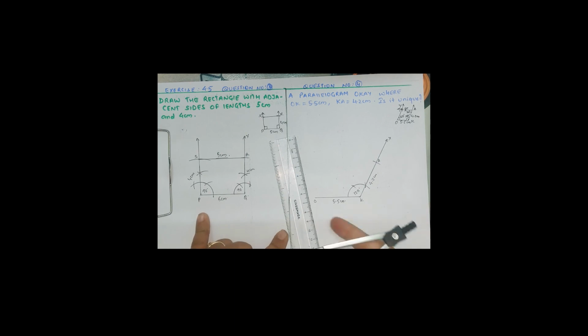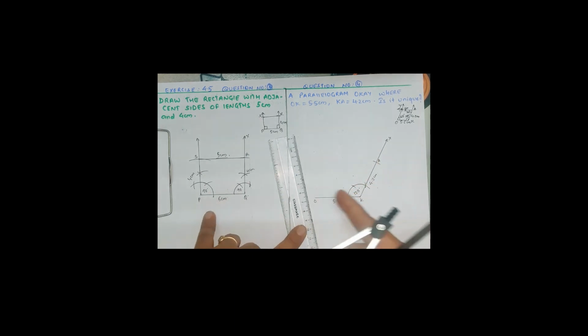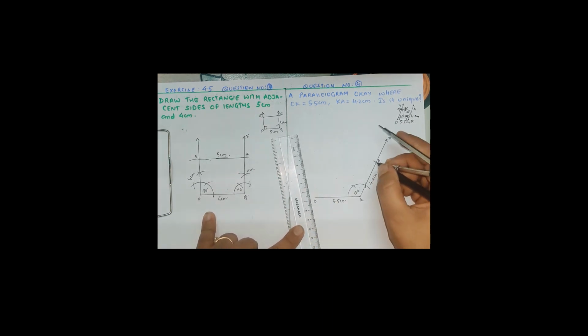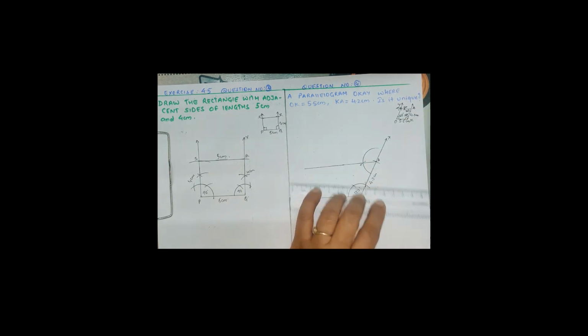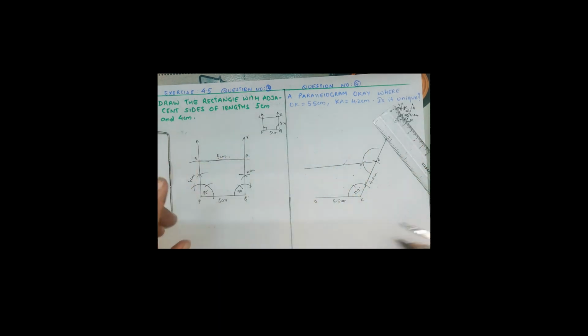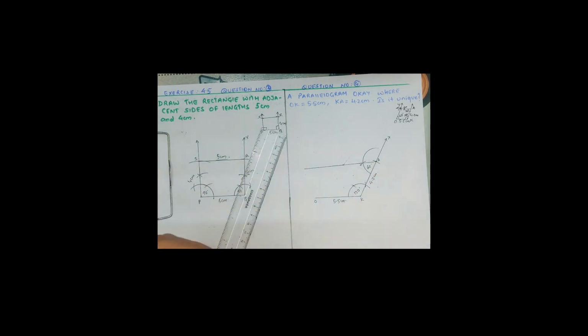Property of parallelogram, adjacent angles in this way also and in this way also. In a parallelogram, both the opposite sides are parallel and equal to each other. So here I will construct 60 degree because it is 120 and the sum of two adjacent angles should be equal to supplementary. Supplementary means 180. So if one angle is 120, the another will be equal to 60 degree. Opposite angles of parallelogram also 60 degree.